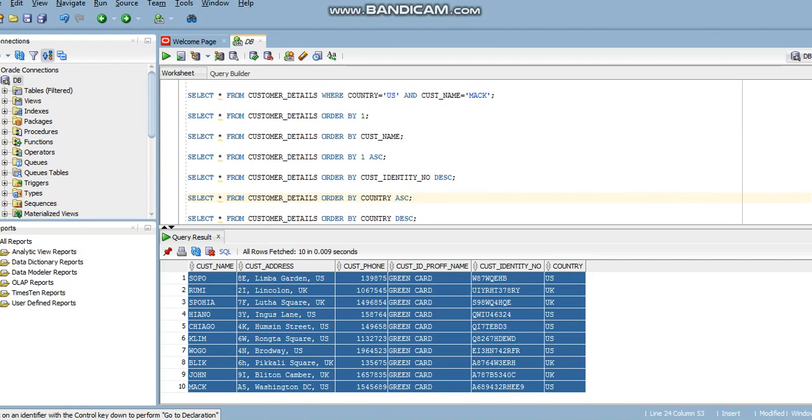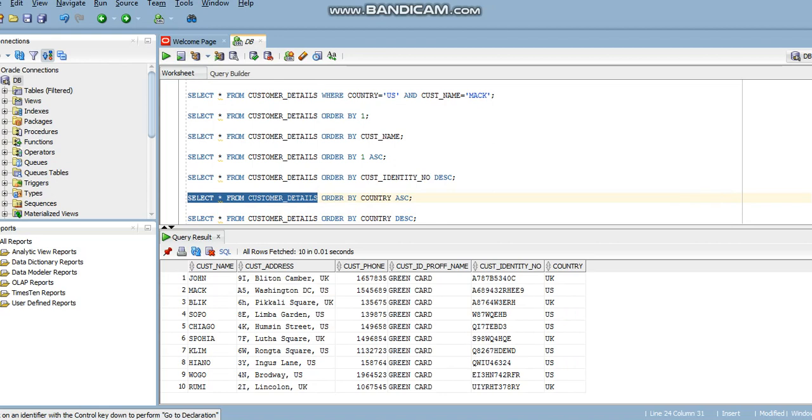Now, what if we want to rearrange the data based on some specific data? Let me extract the full data set from this customer details table once again. If I run the select query, it reflects all the data. In the first row, it represents the data of a customer who belongs to UK.